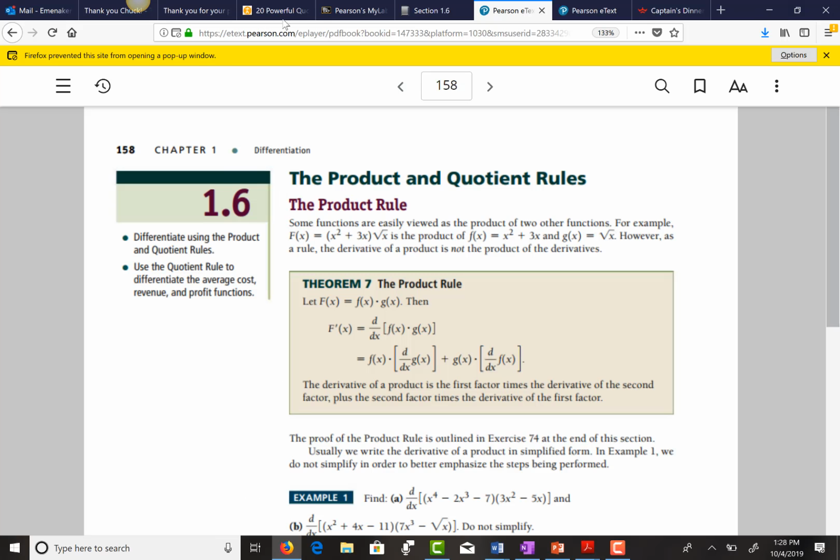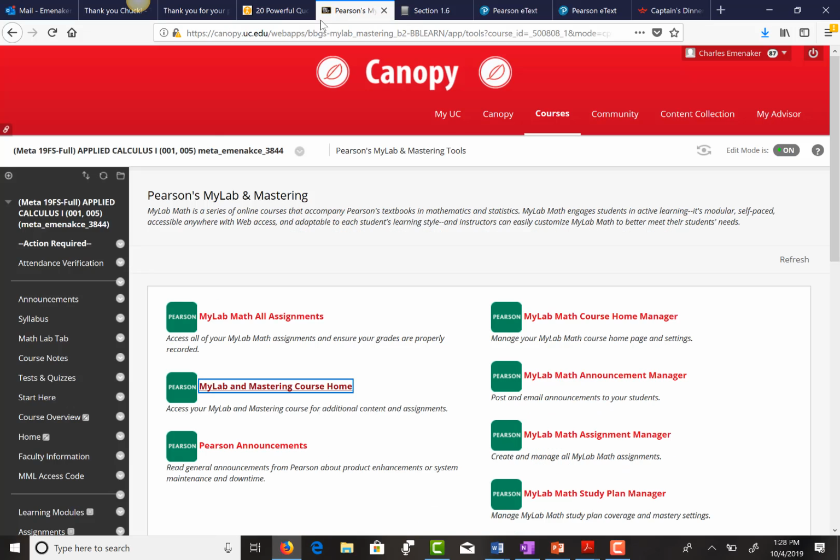One of the things I want to point out to you is on your Canopy account. I know this is a different class, this is for applied calculus, but it's the same for you folks as well. On your Canopy account, if you go to the My Math Lab tab, it'll take you to this page I'm on right now. Is that looking familiar to everybody? When you're on that page, if you click the My Lab and Mastering Course Home,